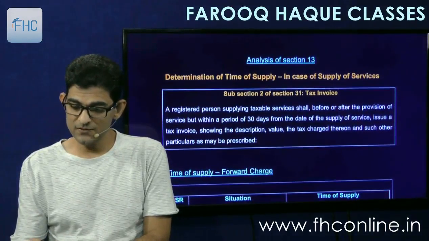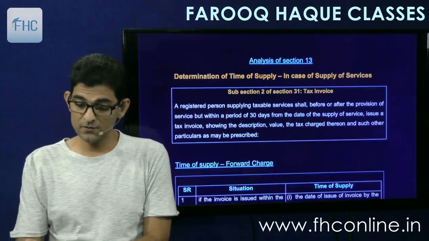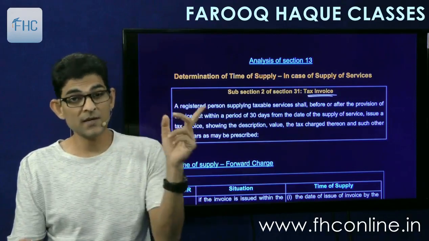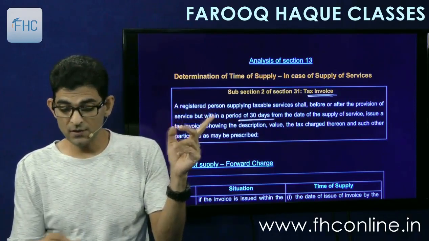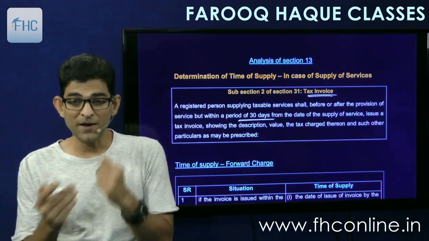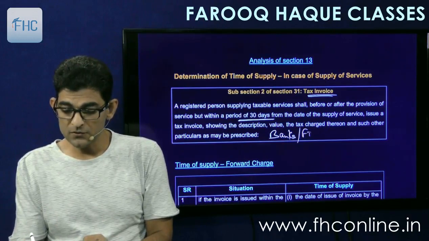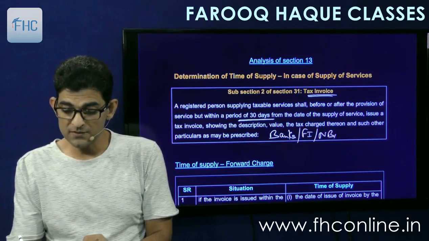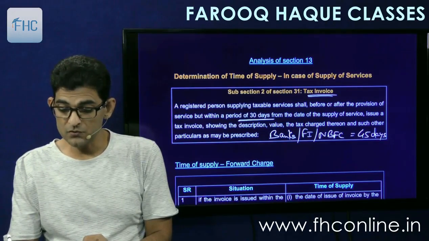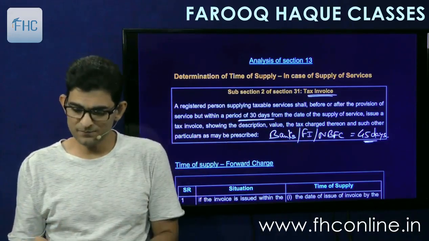And then see the analysis. So at the start they have given the invoice. When is the invoice required to be issued in case of service? As I told you, within 30 days from the date of supply of service, you have to issue the invoice. In banking, for banks and financial institutions and NBFCs, the time limit is 45 days for issue of invoice. They have to issue invoice within 45 days. Anyways,